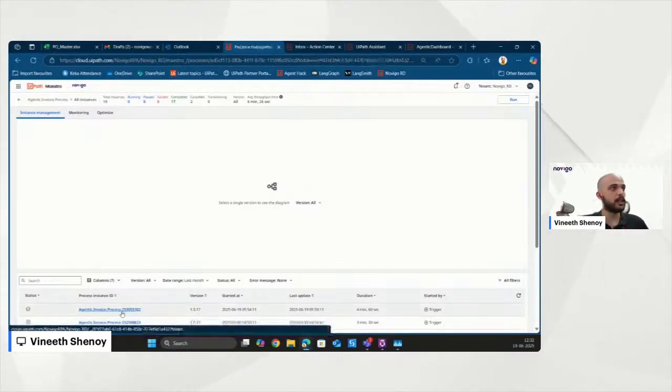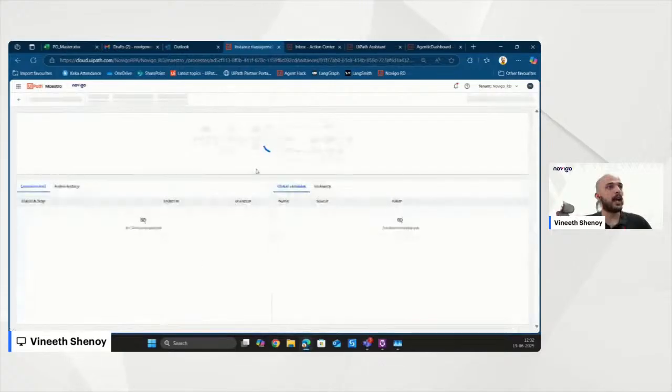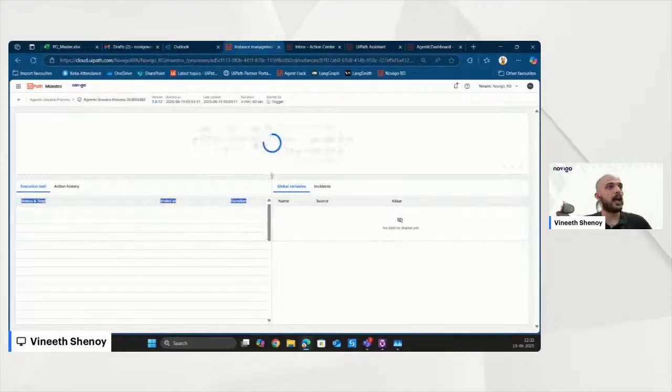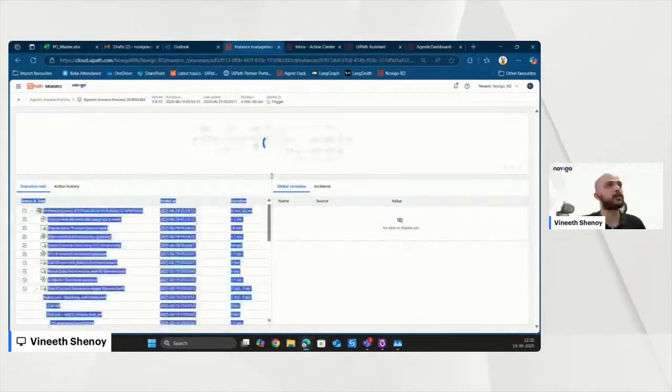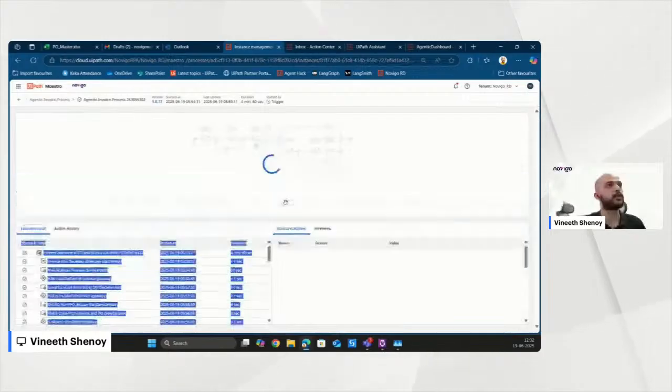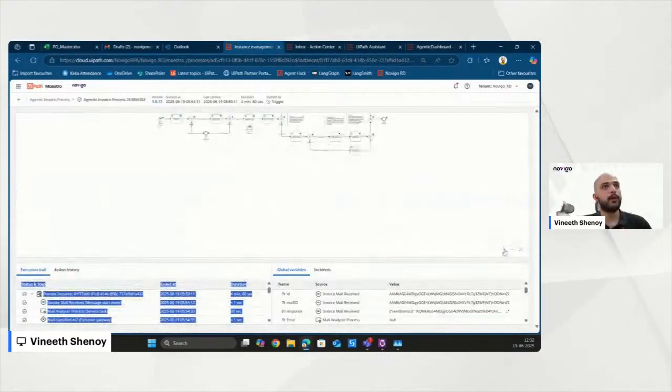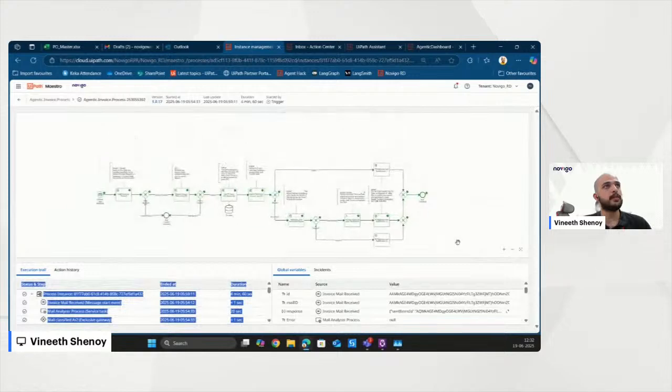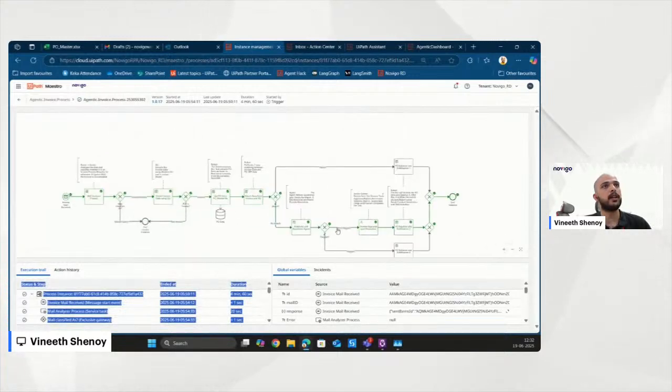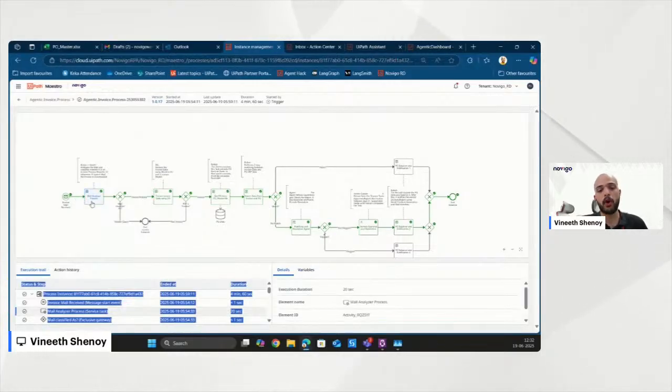Until the trigger happens, let me give an explanation of how this process looks. This is a Maestro process, the agentic process. And this is the mail analyzer part, which will analyze the body and contents of the mail and identify whether it's a valid invoice request or some sort of vendor query or anything else.